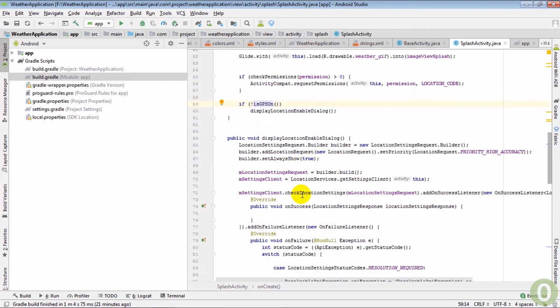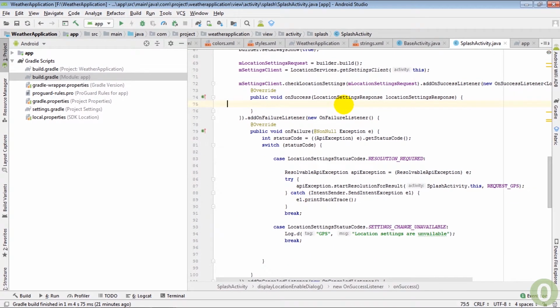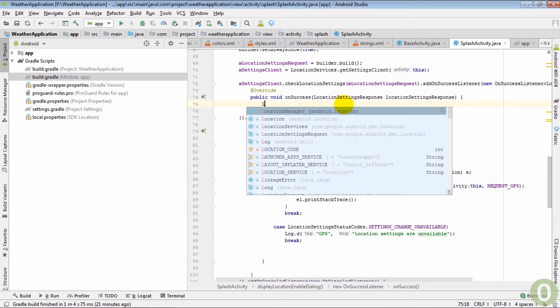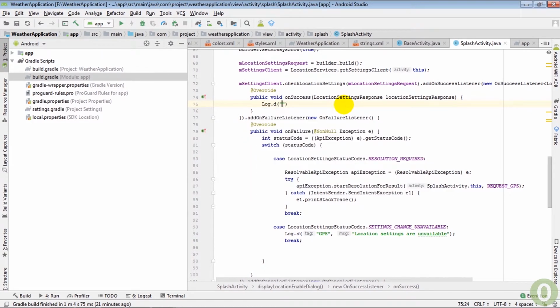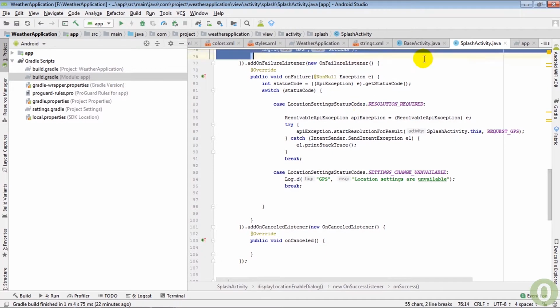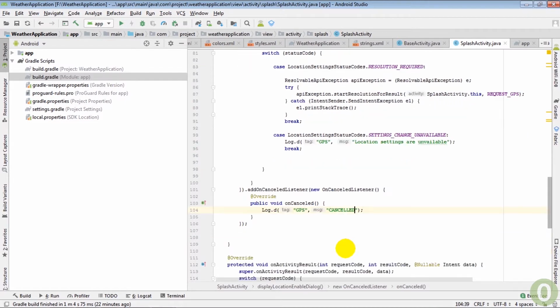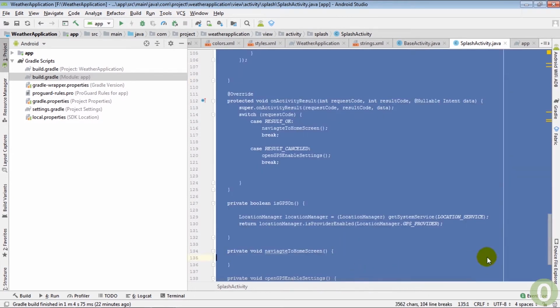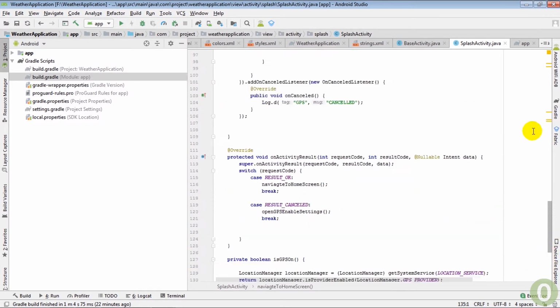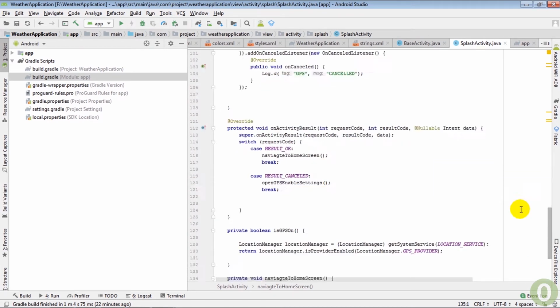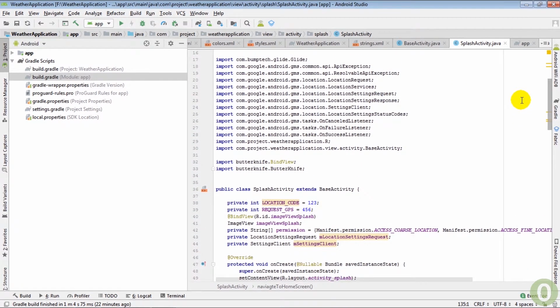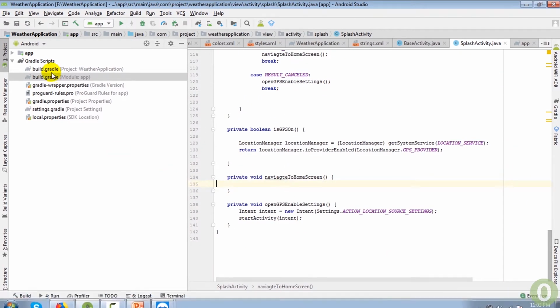I'm going to use log here, log.d GPS success, which will tell me that what actually happened here, and GPS is cancelled. So now my home screen is almost complete, and now I have every method written here. Now navigate to home screen method is blank currently because I do not create here any home activity, so I'm going to create a new home activity